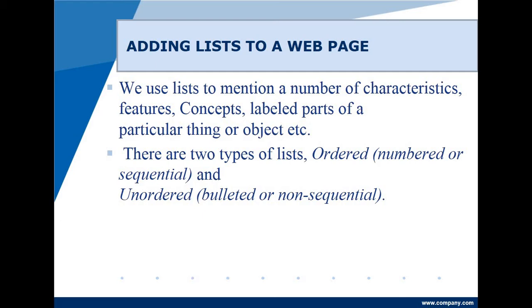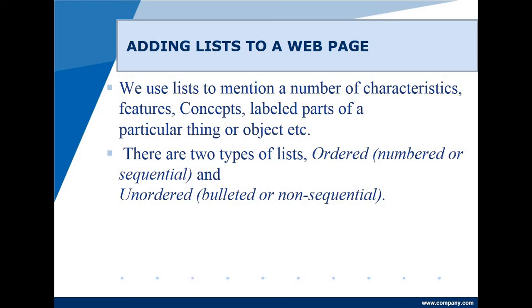For example, the list of subjects that BCom 5th semester has. Subject 1 is ABC, subject 2 is XYZ, and so on. So listing, as the name itself indicates, is a list with multiple options, and for better understanding and for better reading experience, each sentence or statement must be marked with either an alphabet or a number or even a symbol.